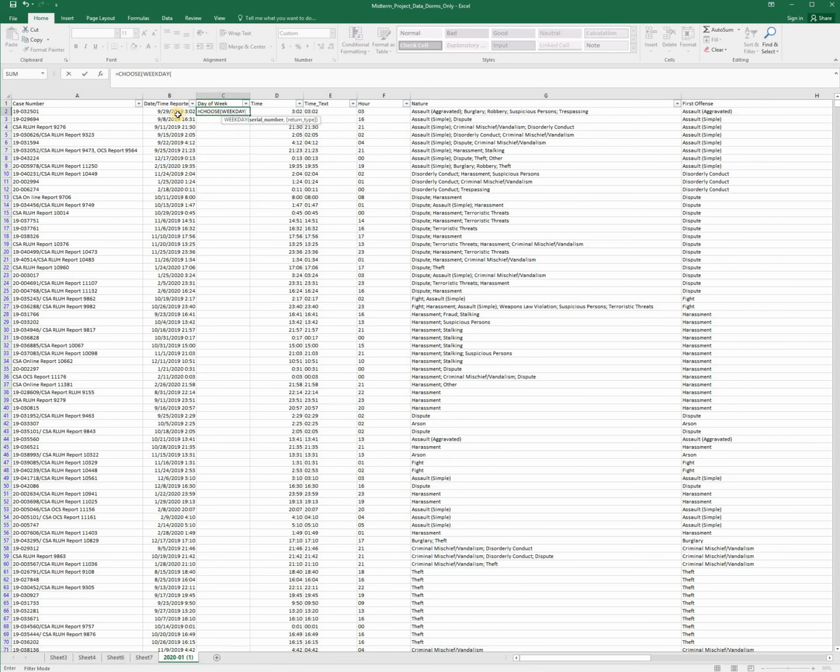We're going to choose cell B2, and now we're going to tell Excel what we want our weekdays to represent. We could use numbers as labels, or we could use the day of the week itself, and that's what I'm going to do. The first day of the week is going to be Sunday, second is Monday,